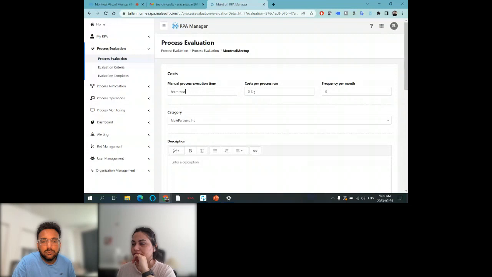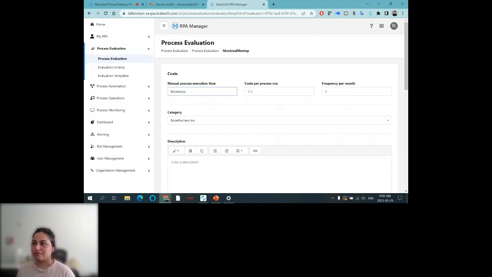Once it is done, it is asking you the cost related stuff. It is asking how much time it takes for a person to complete that process, so it's the manual process execution time. For me, when I'm going to RSVP and doing all this process, it might take 2 minutes, for example.